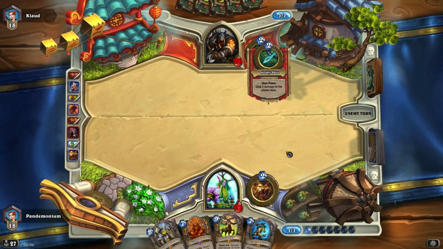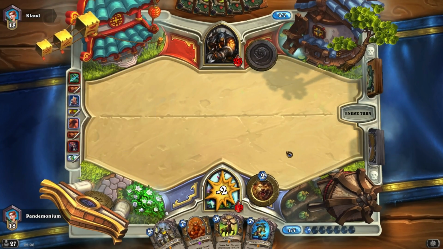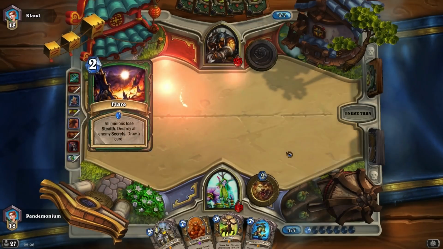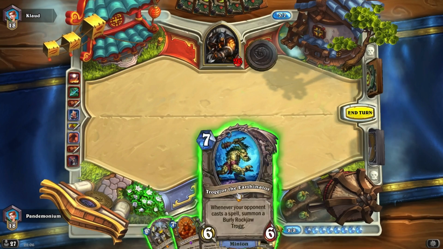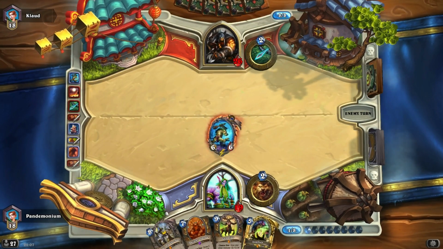I mean, the best thing he could do is play something like a Savannah High Main, just a single big drop. But unfortunately, he's not done that. He's going for the cycle. In that situation, 100% you should have flared before hero powering, just in case you got something you would have rather played. But against an empty board, I am going to play Trogzor, as it's immune to being...